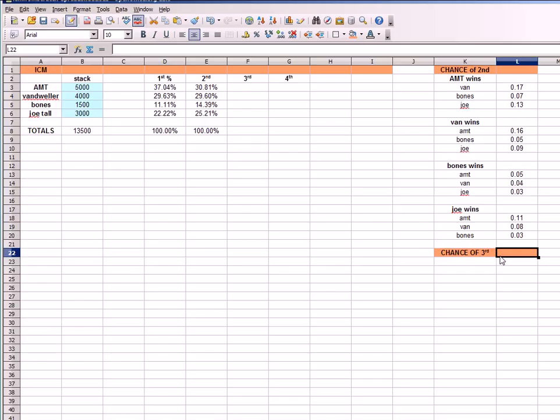So I've gone ahead here and made a little column for a chance of third. And then for each one of these scenarios from above, we go ahead and see what players are left. So for example, AMT first, Van second. That was the first one right here. And when that scenario occurs, Bones is going to still be in it, and Joe is still going to be in it. So then we're going to have AMT first, Bones second, and then who's going to be left? Well, Van and Joe,